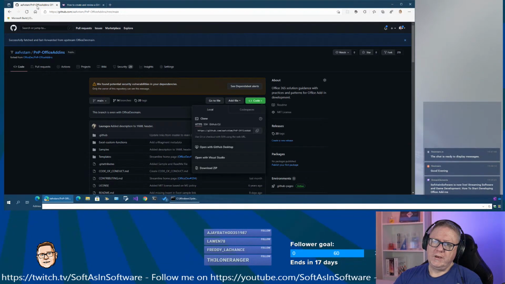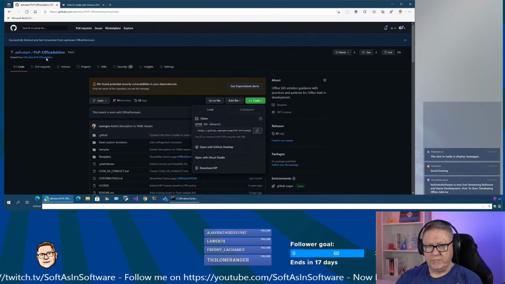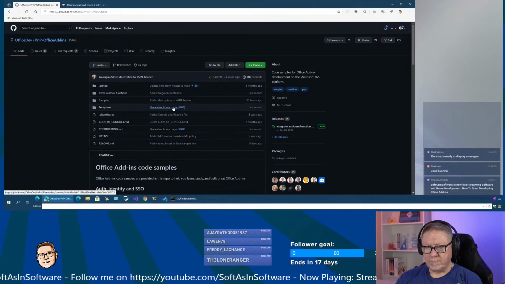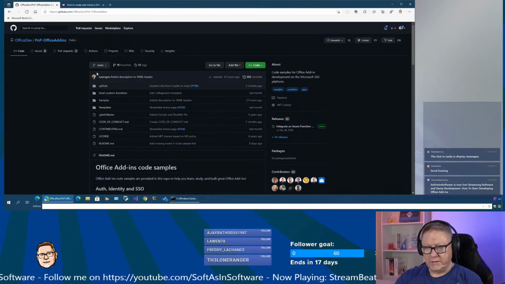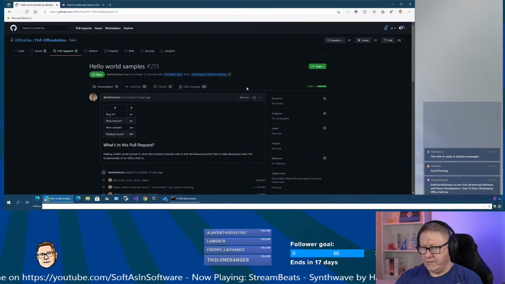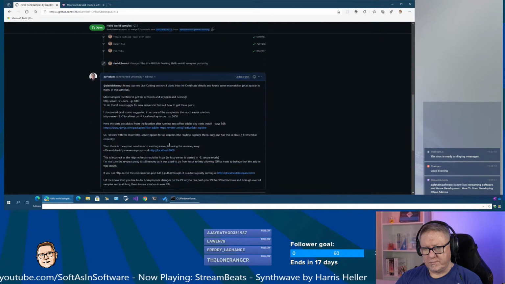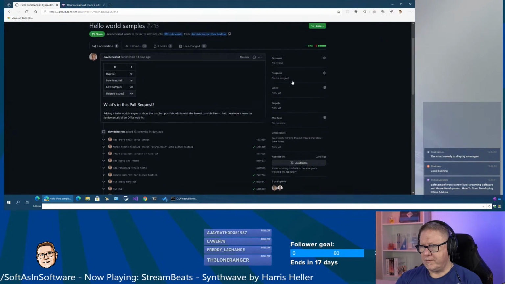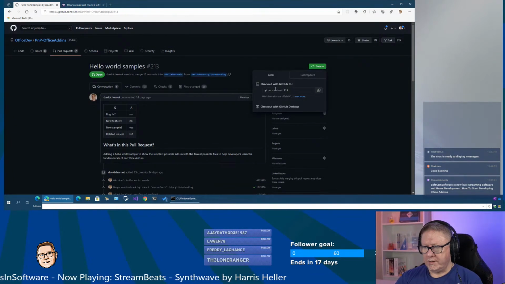Because the interesting thing in here is if I go to the origin, and there I go to pull request. There's the pull request. Hello world samples, and this is the one with all the changes in it. My latest comments on what should be changed in here. And I have here the GitHub pull request checkout 213. If I copy this,